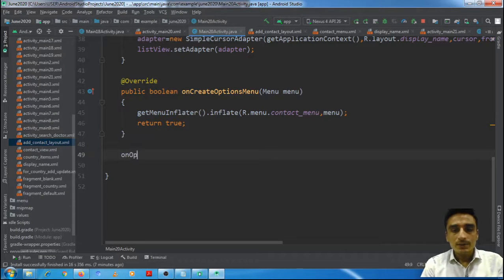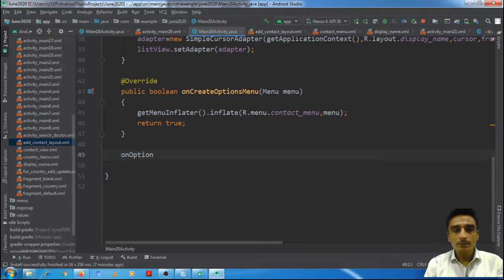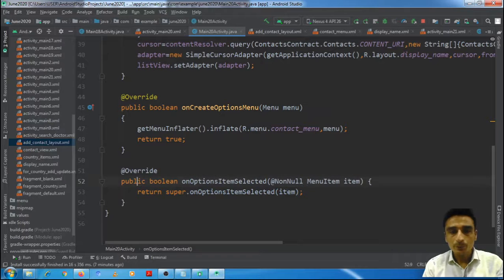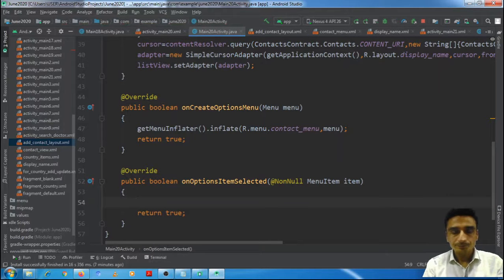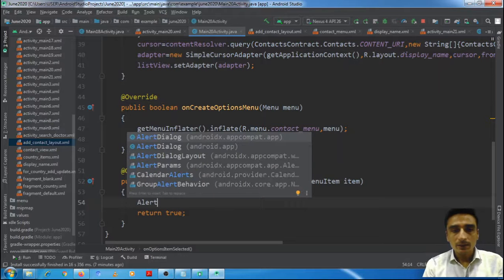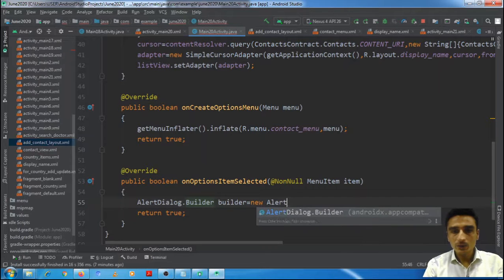on options item selected method will be called, and inside this method we need to show the dialog box. So we will define alert dialog dot builder is equal to new alert dialog dot builder.